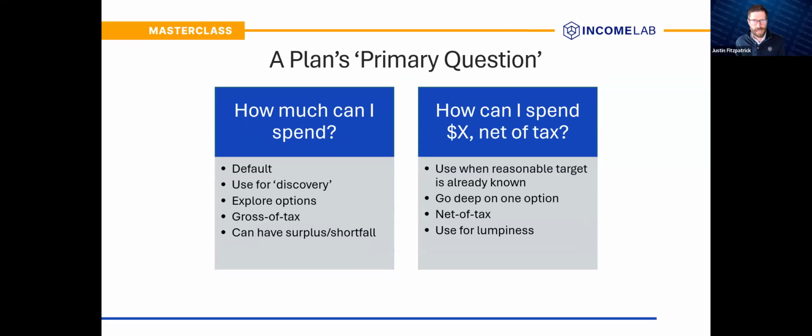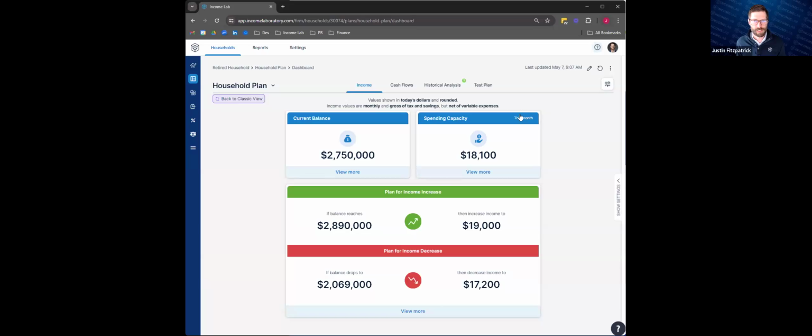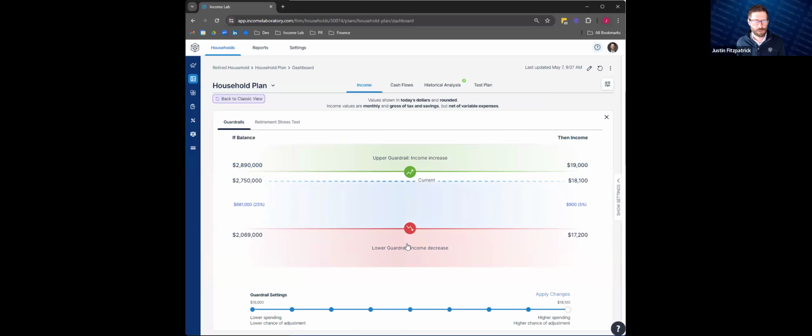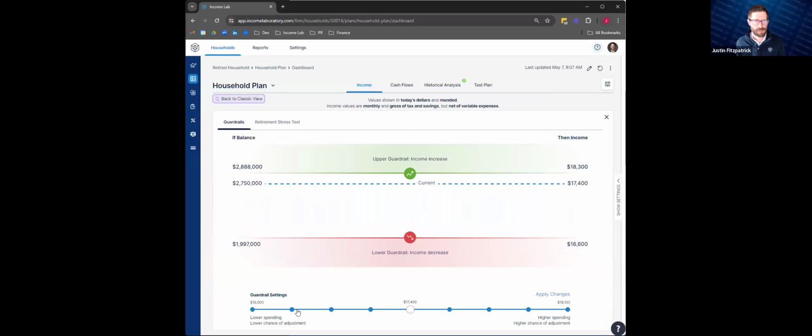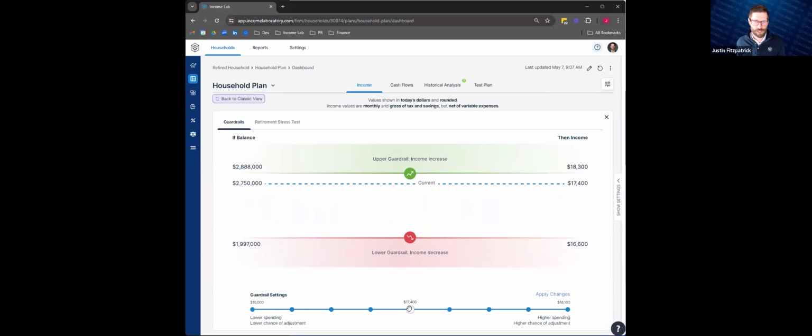Yeah. And just to remind people, I'm going to go back to a how much can I spend plan and share this. A good place where you can get a feel for that is here. Really, this is right in the middle. Net, we're at 16,000. You can look at a range of spending. Here it's between 16 and 18,000 a month, right? So this is already telling you, even net, if we're talking maybe a 10, 20% effective tax rate, probably 10, 15,